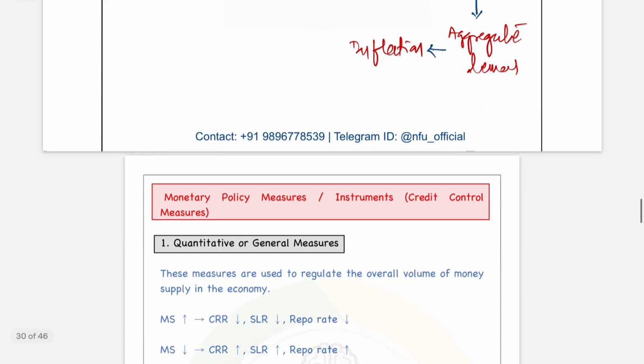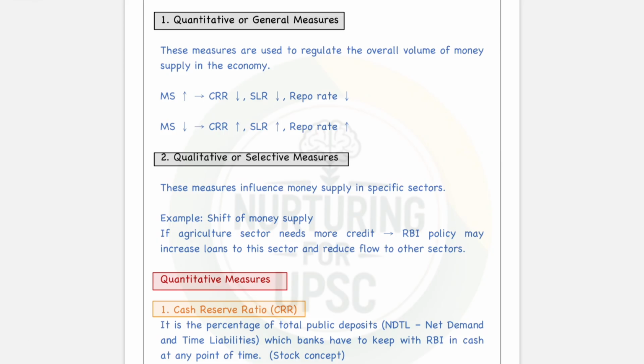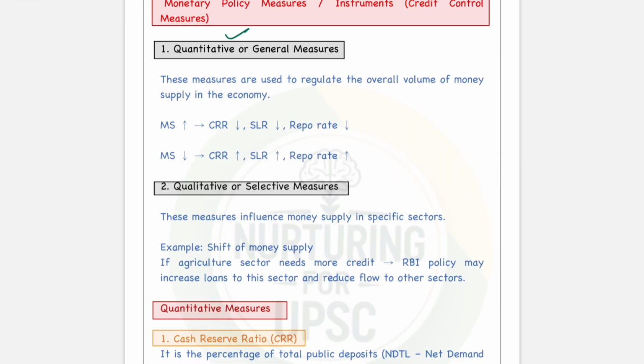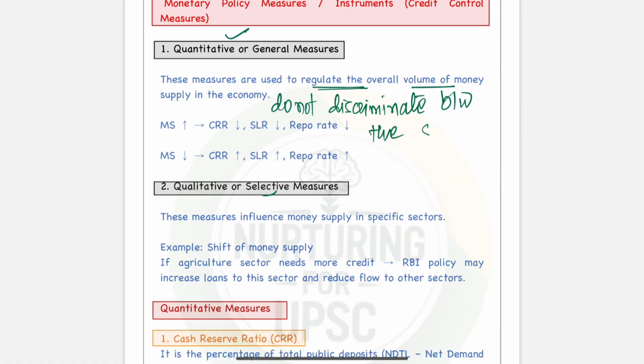तो ये मॉनेटरी पॉलिसी कंट्रोल करने के दो तरीके हैं। RBI does it with the help of quantitative measures and with the help of qualitative measures. Quantitative measures का मतलब क्या है कि ये ओवरऑल फ्लो एंड वॉल्यूम ऑफ द मनी रेगुलेट करते हैं। Here quantitative measures do not discriminate between the sectors। तो अगर क्वांटिटेटिव मेजर से अगर हम लोगों ने मनी सप्लाई बढ़ाया तो फिर अक्रॉस द इकोनॉमी मनी सप्लाई बढ़ेगा, हम लोगों ने कम किया तो फिर अक्रॉस द इकोनॉमी कम करेगा।